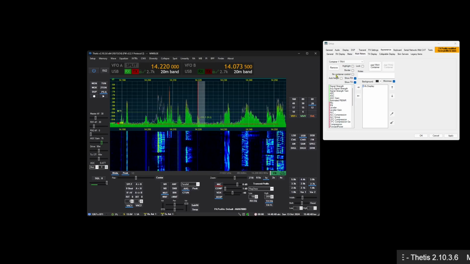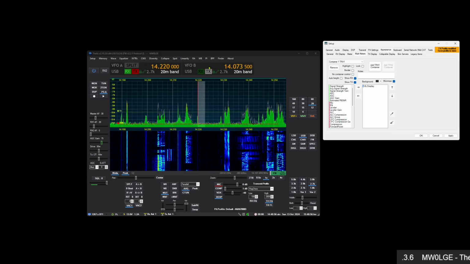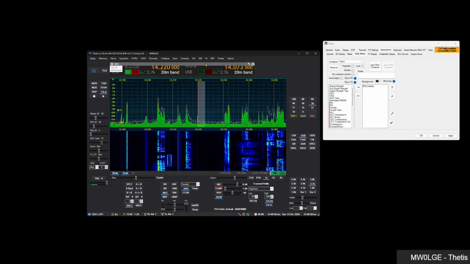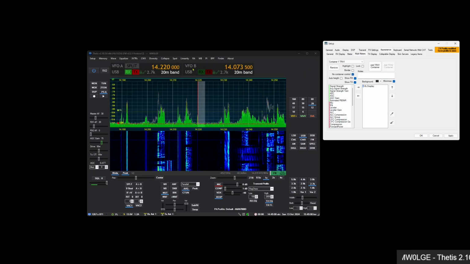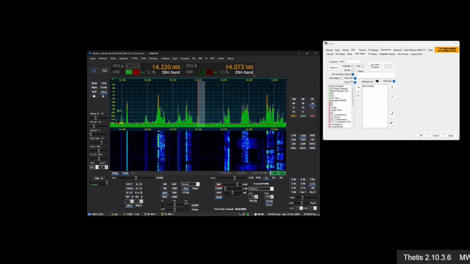And we can turn no container control on, which prevents those title bars from appearing when we're in certain areas on there. If I turn that back on, you see how that bar is there. So no container control will prevent that from happening, but you can hold shift down to override that setting if you want to make a tweak, and of course shift in the corner will show